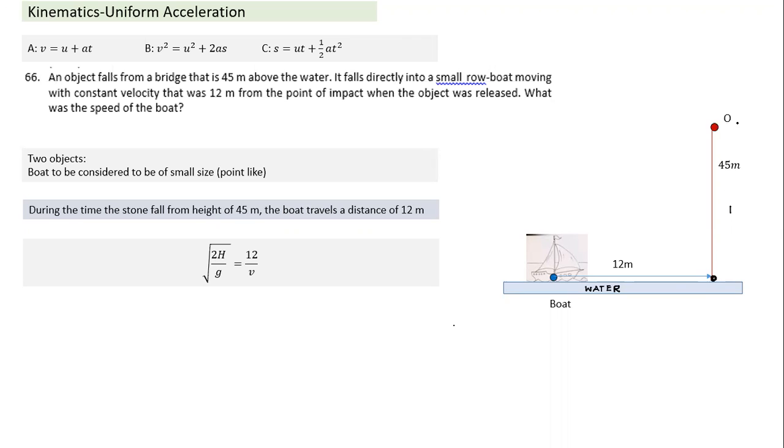In this particular case, we can take the downward direction as positive, and very easily displacement is equal to h. So s is equal to 1 by 2 gt square, and you get this relationship: t is equal to root 2h by g. So this is the time. This time we equate with the travel time. If the boat is traveling at speed v, it will take a time 12 by v. That's the equation, and we can easily solve it. Once we get the logic, it's a very easy question to solve.